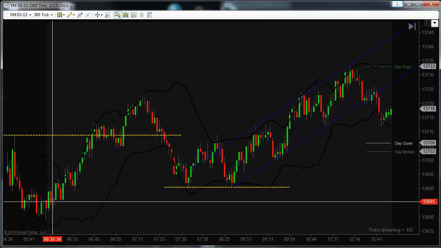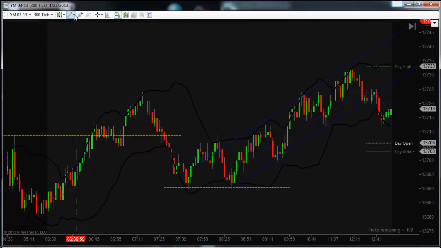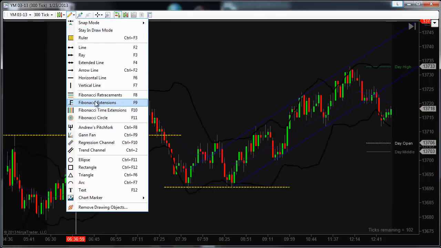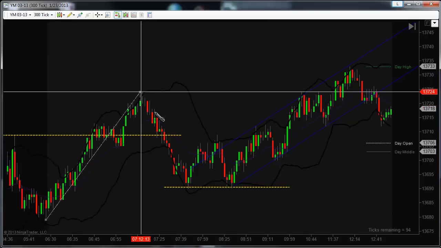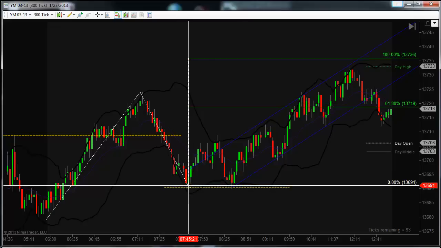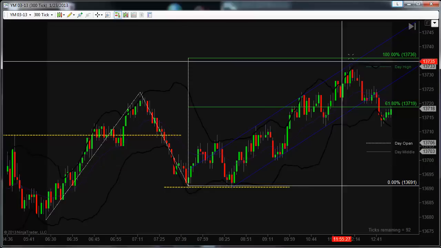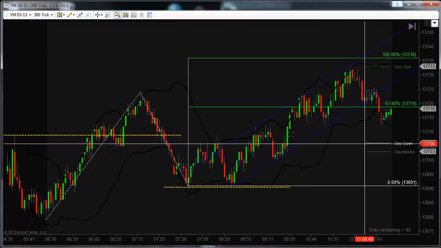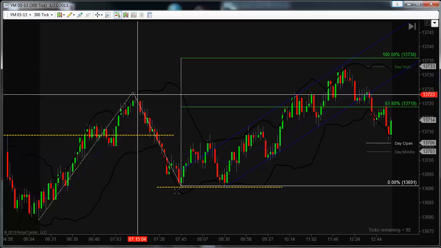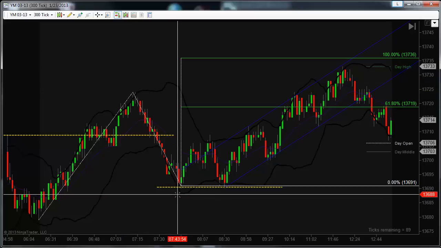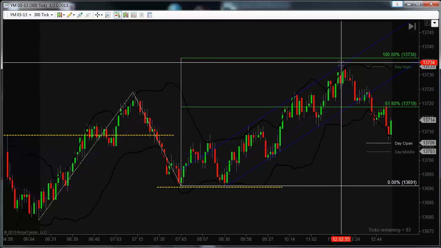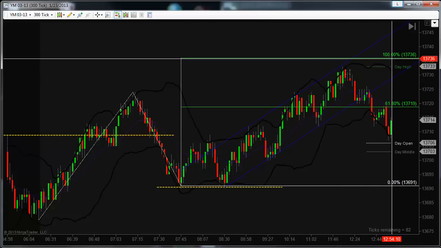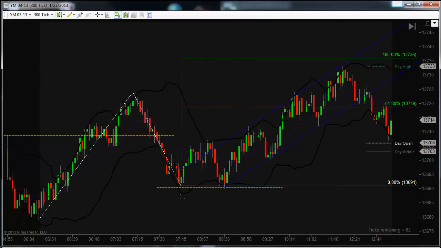And another thing that I've been looking at is on the open, using that Fibonacci to kind of gauge what the day is going to look like. So you take your first two big swings for the day, and the 100 is usually the target, and you can see it didn't quite make it there, but it got pretty dang close. And if you take the first two swings for the day in the general direction of the trend, the first two swings will kind of give you a forecast of what to look for that 100% area for later in the session. So I mean, even if we go back